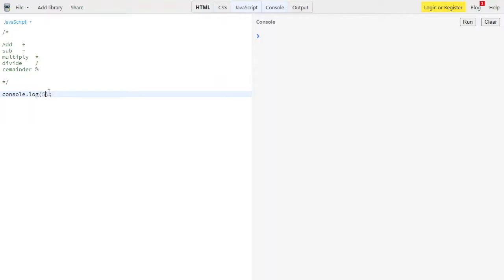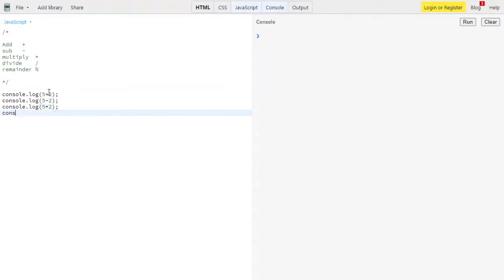Let me write console.log. I want 5 plus 2, and then we have console.log over here with 5 minus 2. Then we have console.log over here, which is nothing but 5 multiplied by 2.